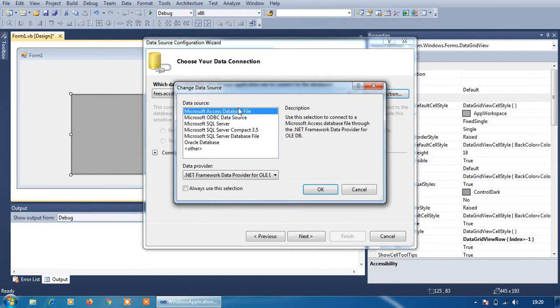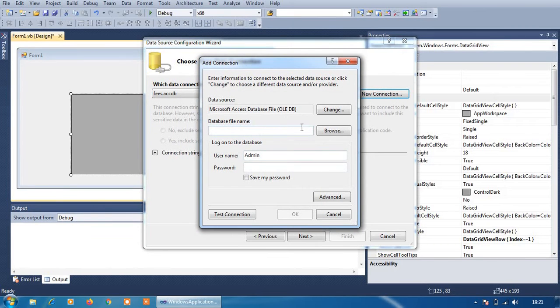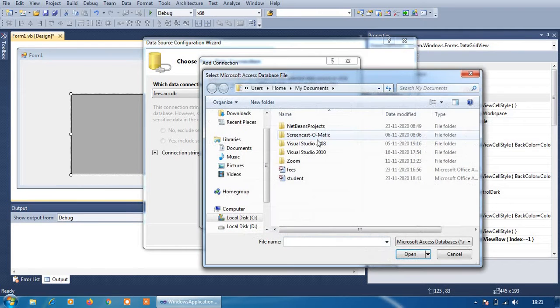So here there will be many options: SQL Server and ODBC data source, SQL Server Compact 3.5, Oracle. So like this there will be many options, but I have created the database in Microsoft Access. So I am choosing Microsoft Access, and the name of my database is student. So I am giving browse. It is placed inside my home directory. So the student database is here. So I am choosing this,